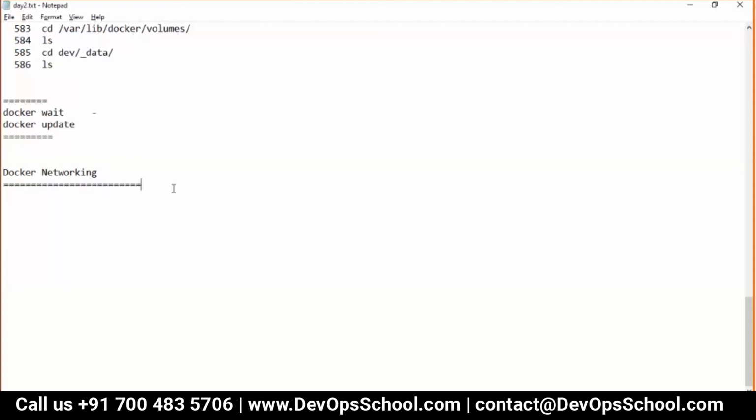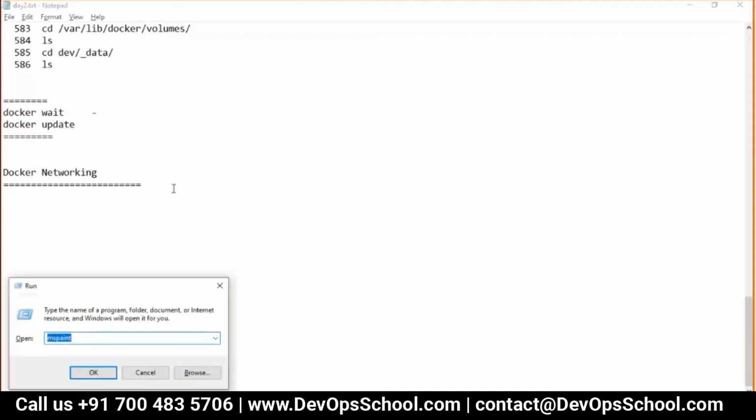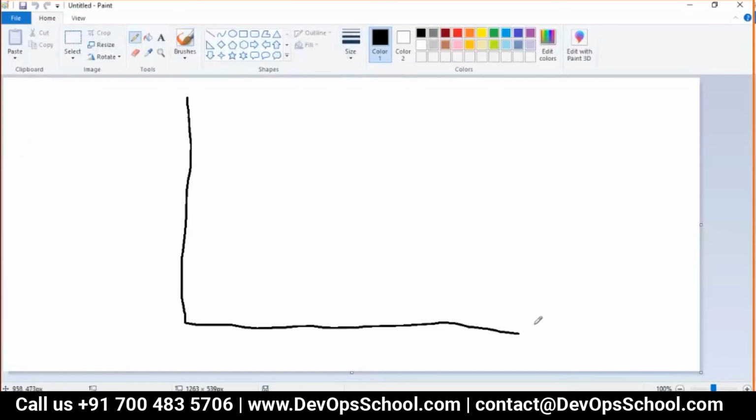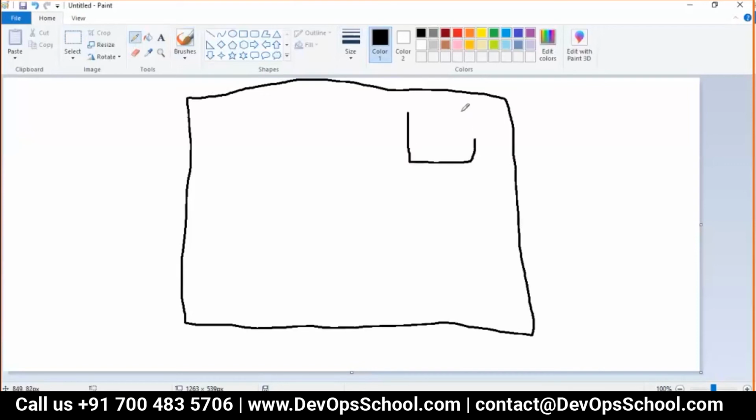But the question is not about getting an Ethernet. The question is how this container is accessible over the internet. So let's not talk about the container to begin with. Let's talk about our home. This is my home, your home, where you are currently living. This is laptop one, a compute unit. This is laptop two.